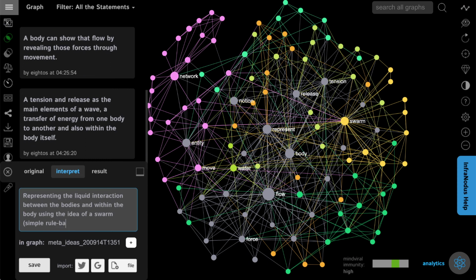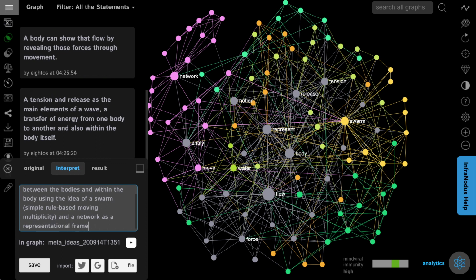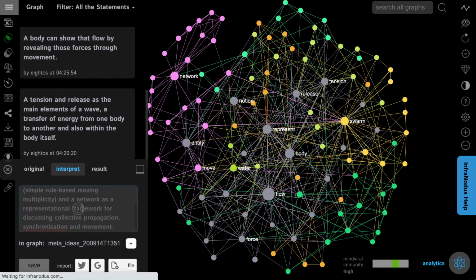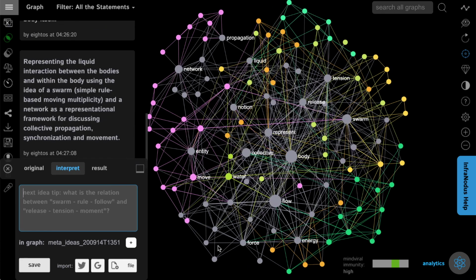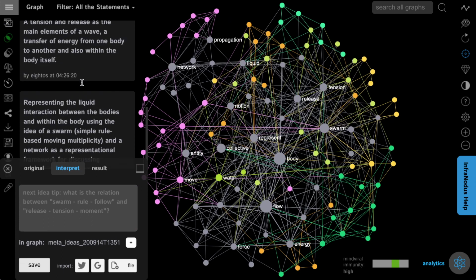Simple rule-based moving multiplicity, and the network as a representational framework for discussing collective propagation, synchronization, and movement. So here we covered the whole graph, all the most important elements, and this becomes like a